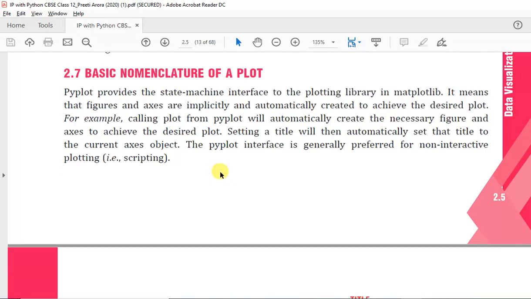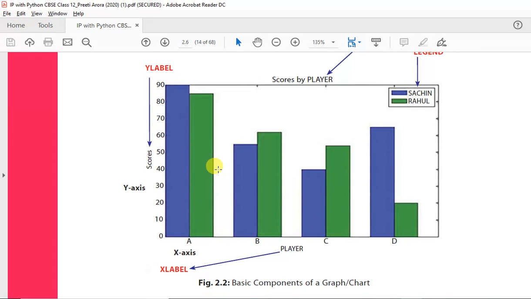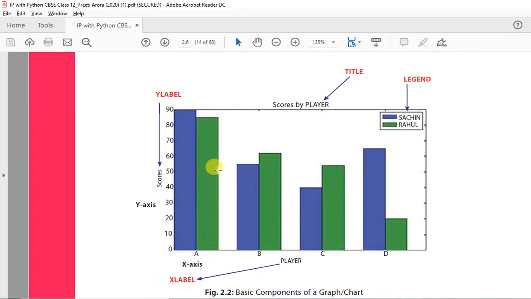Basic nomenclature of a plot. This is a plot, and if you are going to create a graph, this is the basic plot. The complete area is called the figure. This is the x-axis and this is the y-axis, these are the y label and x label, this is the title of the chart, and these are called legends.